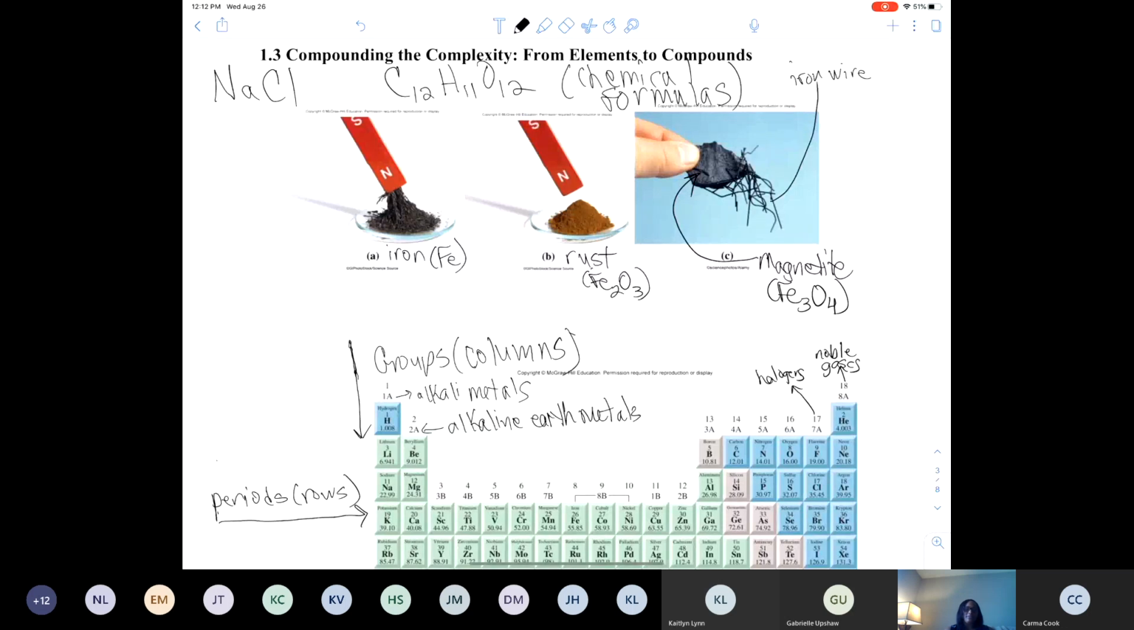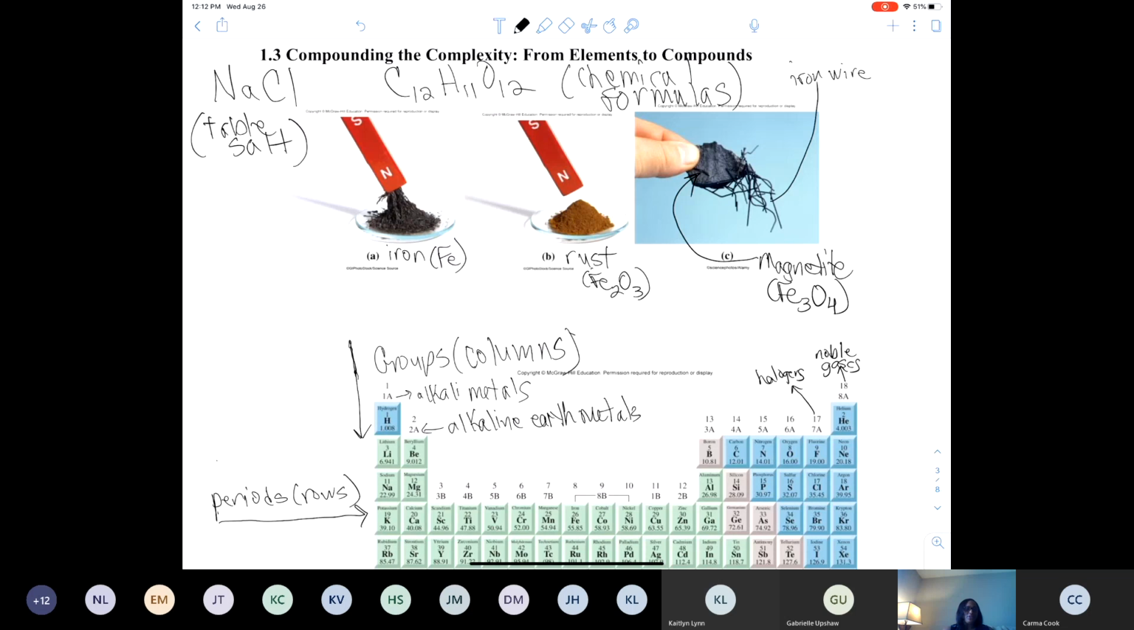For these compounds, the chemical formula tells you what types of atoms are in the compound, and how many of those types of atoms are in the compound. So sodium chloride, our normal table salt, has only 1 sodium atom and 1 chlorine atom. Well, you notice the